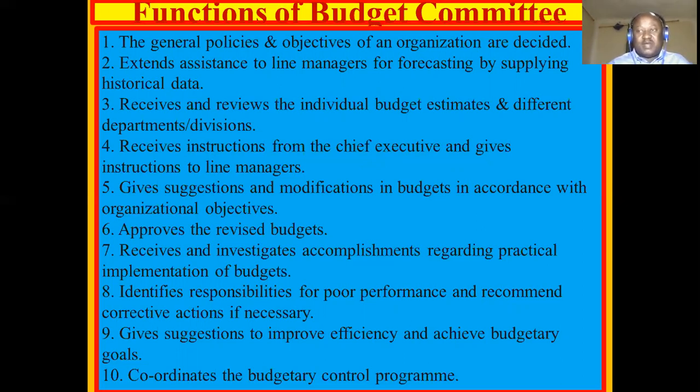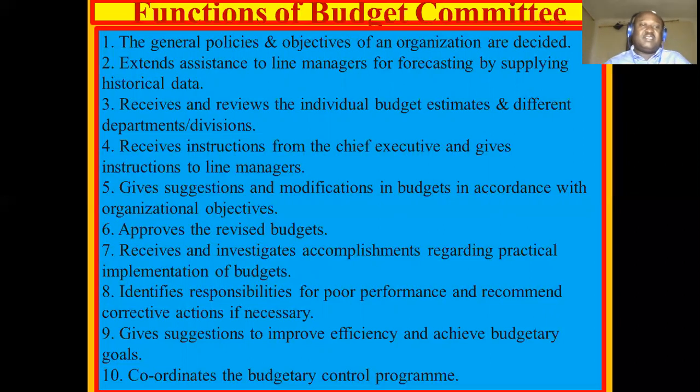And this committee will actually channel the very instructions to the line managers. Number five, the budget committee gives suggestions and modifications in budgets in accordance with organizational objectives. Number six, the budget committee approves the revised budgets. Once something has been revised, it cannot be implemented until the budget committee approves that kind of